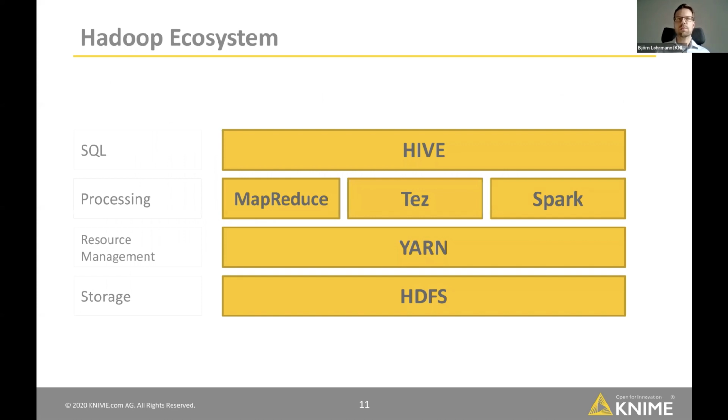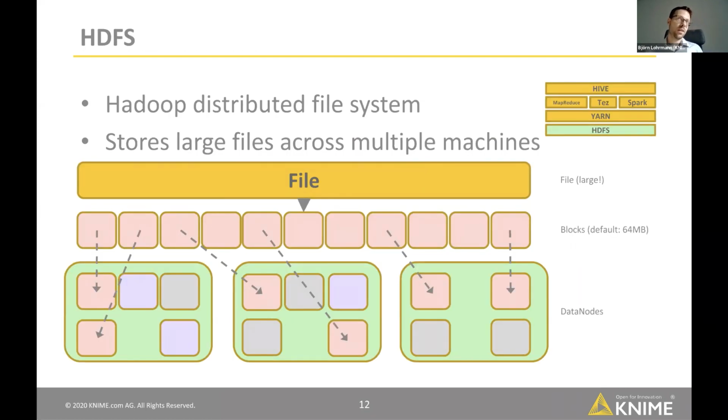On the lowest layer, you have storage. The main storage system provided by Hadoop is HDFS, which offers a file system that is really scalable and allows you to store large amounts of data over a large cluster of machines. It deals with all the technical issues that arise when doing that. We'll now go from bottom to top and look at each layer briefly to get a basic understanding of what its function is. So let's start with HDFS.